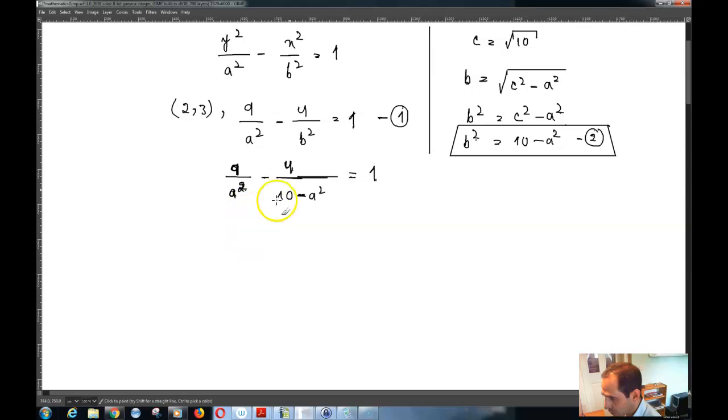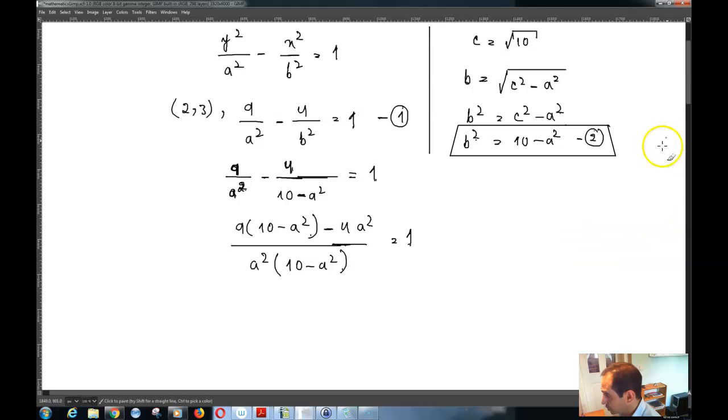I could write the denominator as a squared times 10 minus a squared. And then that would give me basically 9 times 10 minus a squared minus 4 times a squared is equal to 1, which means that